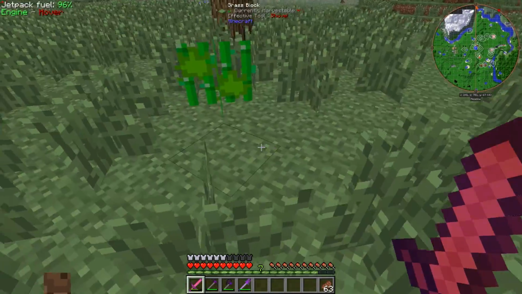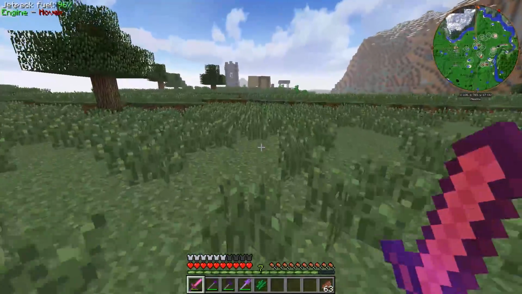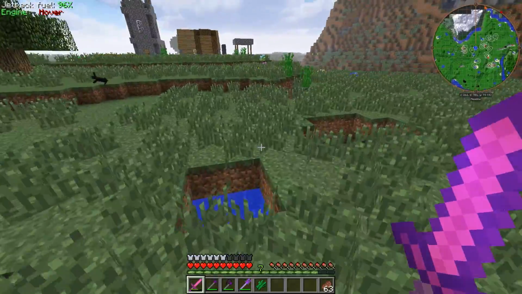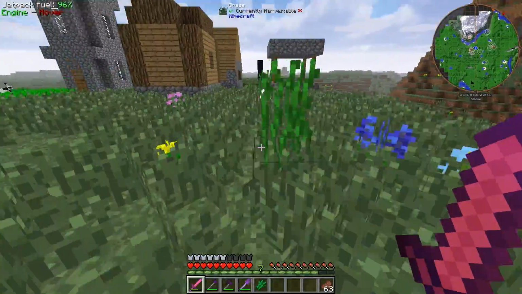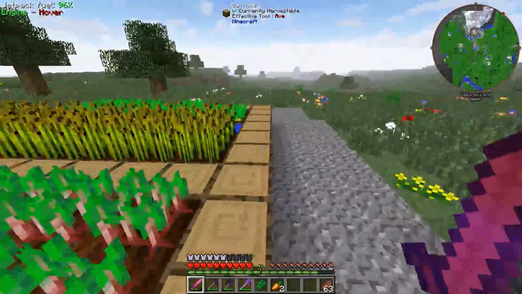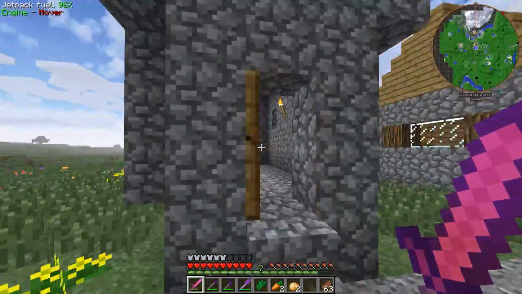Tile hemp name. Hemp from Engineer's Toolbox. Okay, whatever. I'll take it. I'll bring it with. Maybe it'll come in handy later. Who knows? And that's oil down there. And this is double tall grass, which is very green for some reason. Okay. Interesting. Oh, and we've got potatoes and carrots. I think I'm going to take those with. Are there...